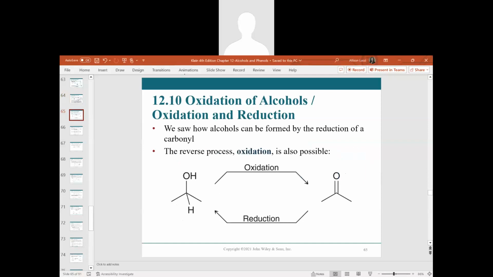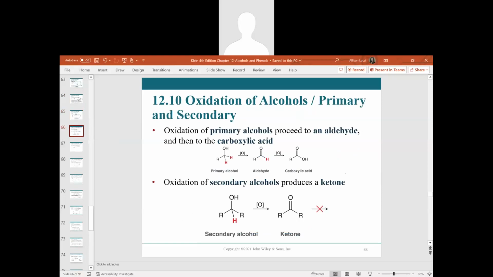So as mentioned, we looked at reduction previously to form alcohols from ketones, aldehydes, etc. Let's take a look at the reverse process now, the oxidation of an alcohol. And we'll see what our resultant products are depending on if we have a primary, secondary, or no reaction with a tertiary alcohol. So if we have a primary alcohol, as noted up here,